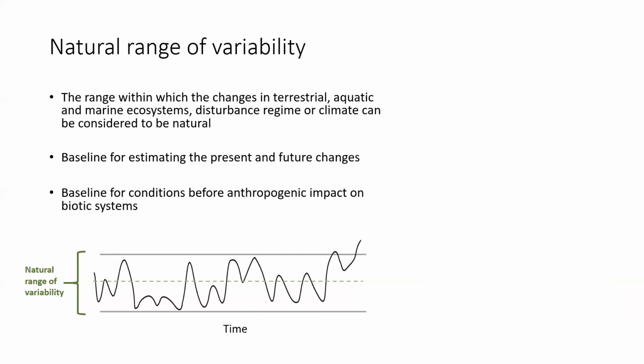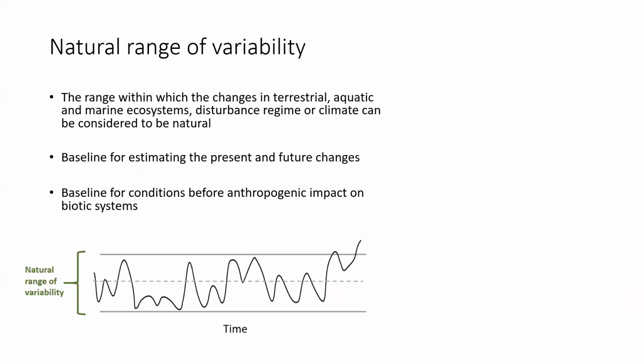So then we can go back in time and see how the situation was before the human. And this gives a kind of baseline for estimating how big the human impact is and how these environments have reacted before, and also gives some insight how they might react now and what